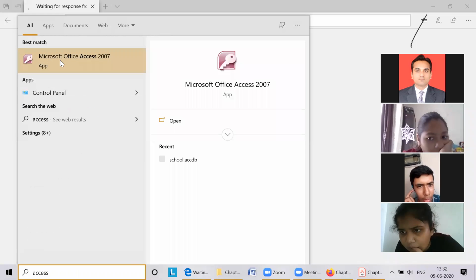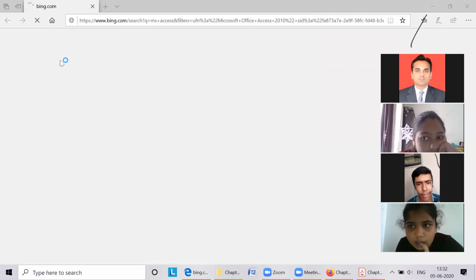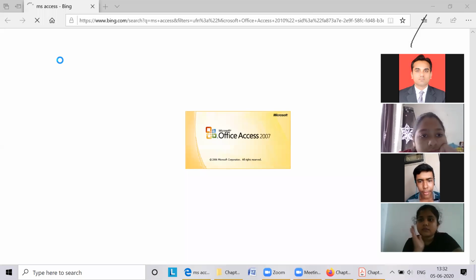Microsoft Office Access 2007. You can use 2010, 2003, any version. The procedure is the same in every version. Now, after opening Office Access 2007, it is a database.